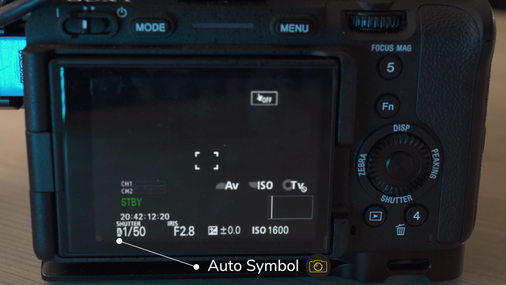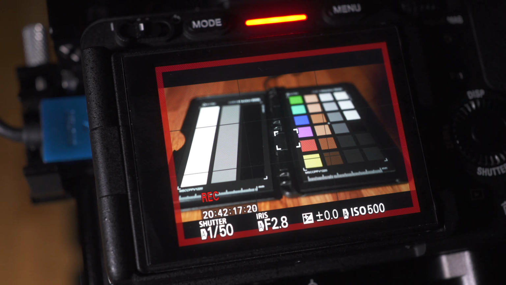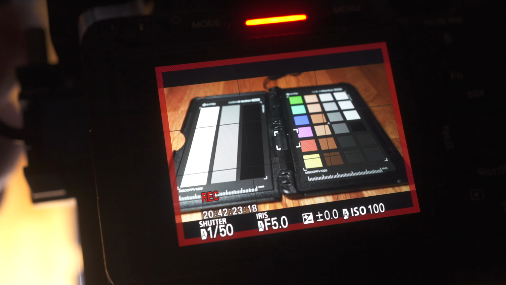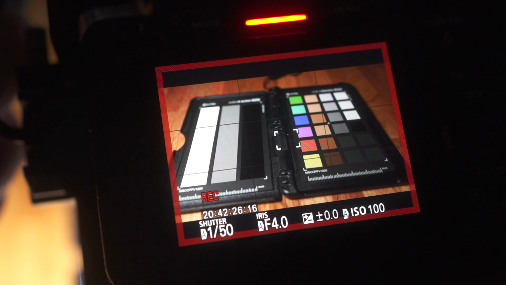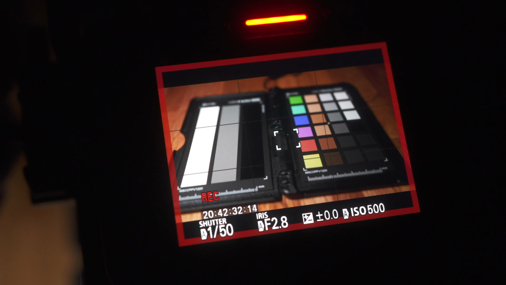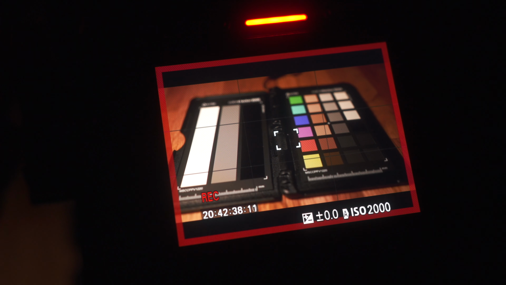One of the things I've found with the FX3 is that if you use two functions or even all three of the exposure controls set to auto, the camera does a really good job of deciding when to change each of those settings. So let's switch all three modes to automatic. Now as we decrease the amount of light in the shot, it decreases the aperture first, goes down to f2.8, and then the ISO will start to go up. Once the ISO reaches the max limit, it will also start to decrease the shutter speed as well, if it can. In this instance, it can only go down to 1/25th of a second, because our frame rate is 25 frames per second, so it can't go any lower than that.